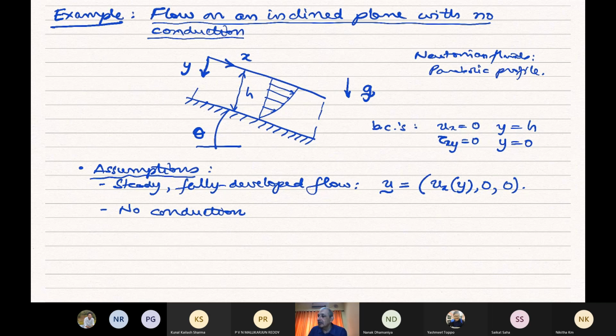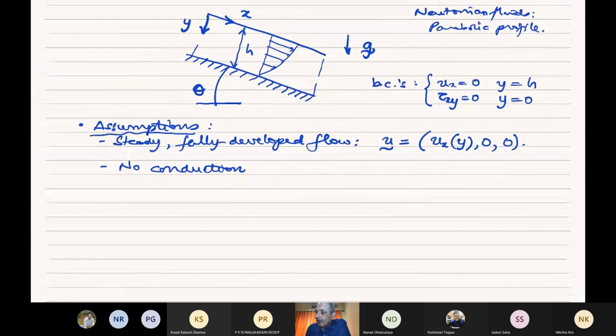So that's why we can take this as a good approximation that the shear stress is 0. At gas-liquid interfaces, we usually take this condition that shear stress is 0. So those are the two boundary conditions. Now,